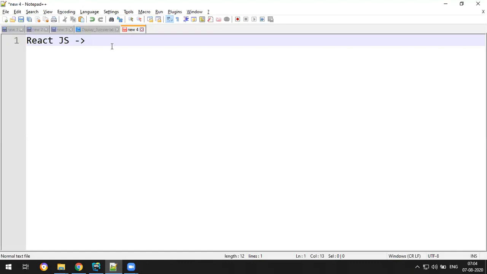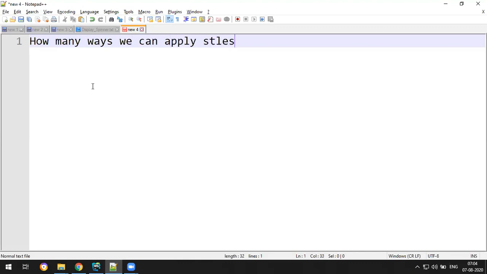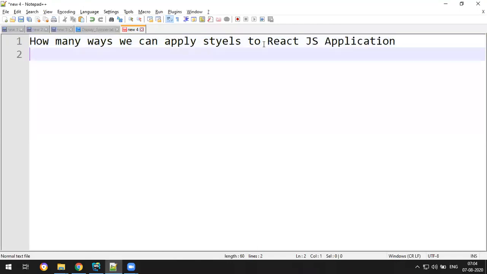So how many ways can we apply styles to a React JS application? There are multiple ways we can apply the styles.